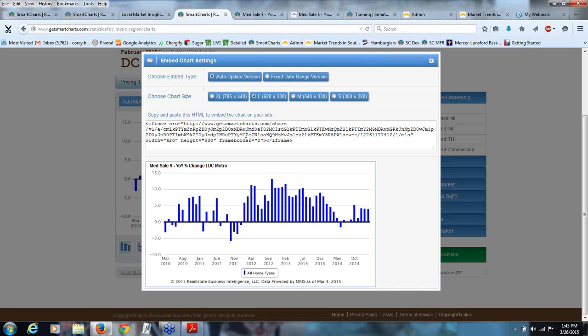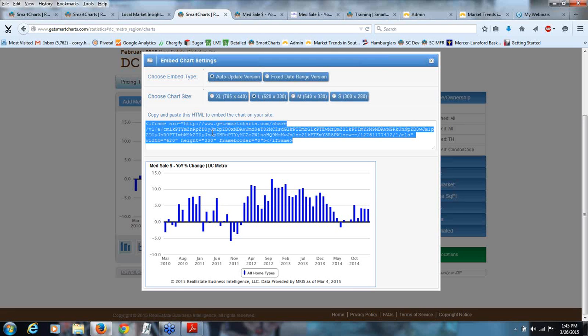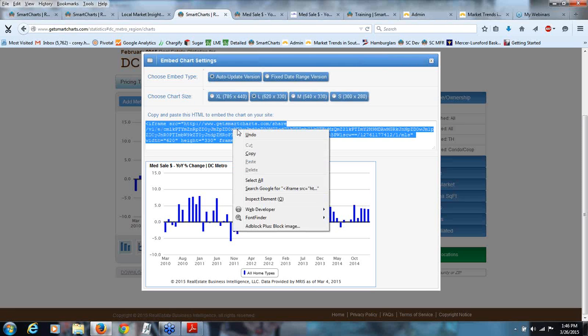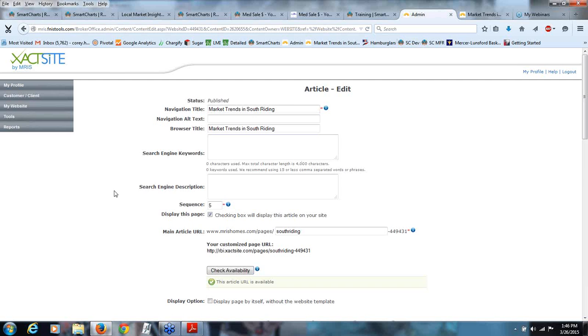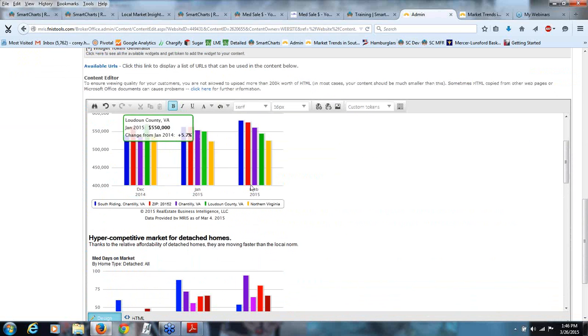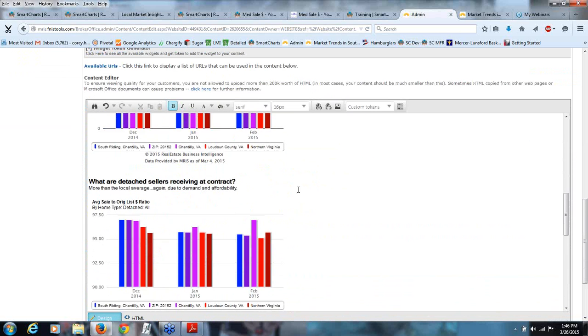We have a dummy sample site on ExactSite that I can show you how that's done. You're going to copy and paste this HTML. Don't let it scare you if you're not a coder, or if you don't understand code or HTML. I'll show you. It's not as scary as it might seem. So I've copied this snippet, and this is our ExactSite page. And these are charts that I've done in previous